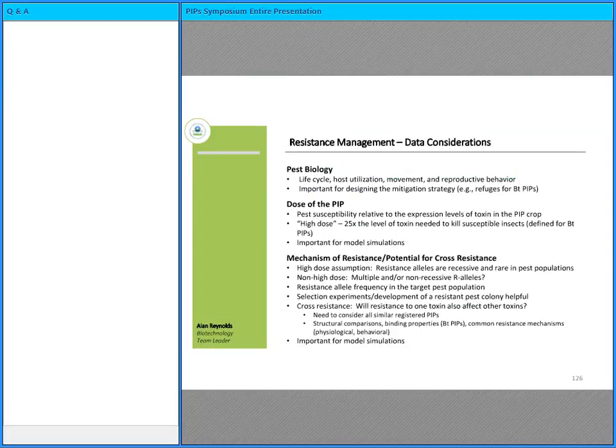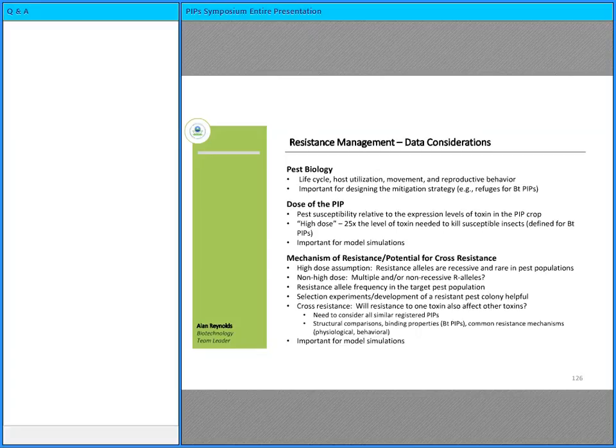Okay, so first looking at the data considerations, we look at pest biology. It's certainly important for understanding the risk of resistance and designing mitigation strategies. So types of things we would look at for pest biology would include life cycle, host utilization, movement behavior, as well as reproductive behaviors. We also look at the dose of the PIP, and what this means in terms of